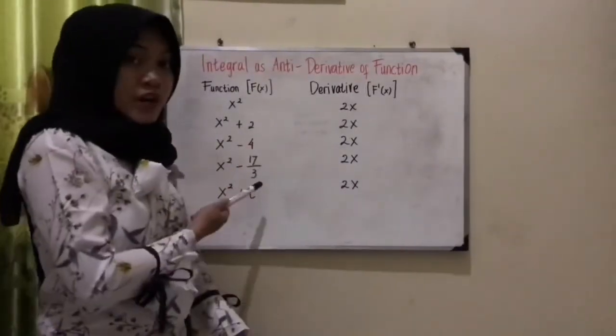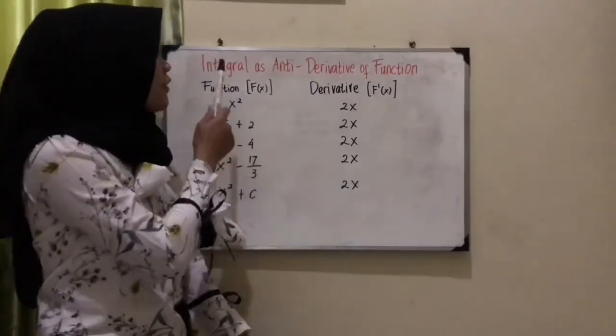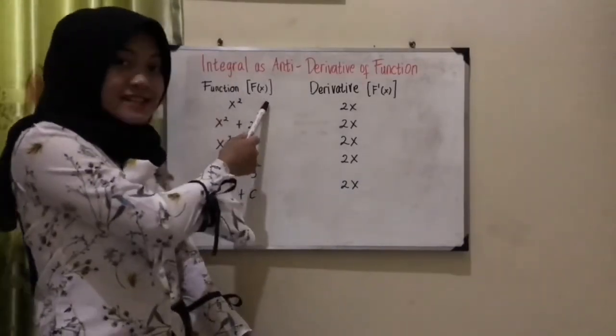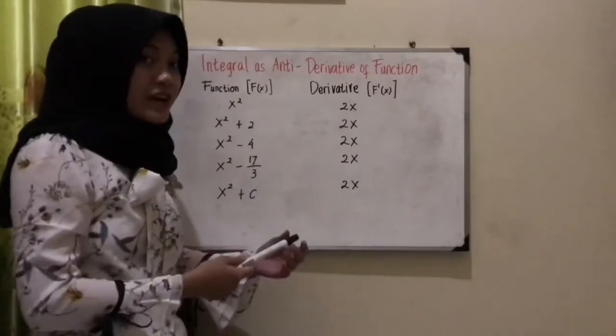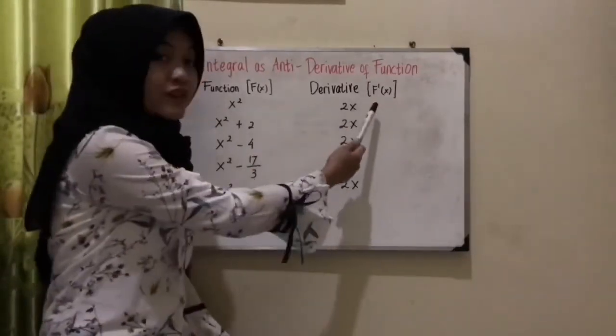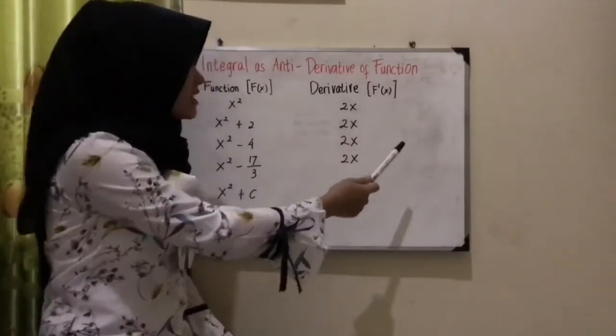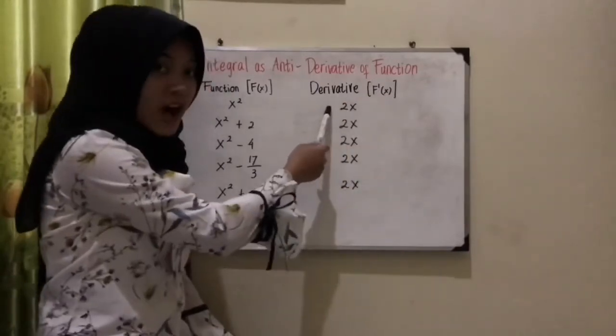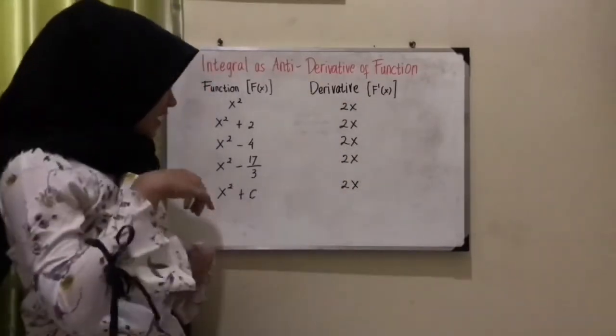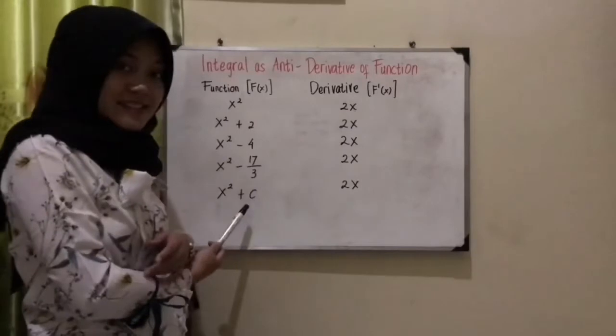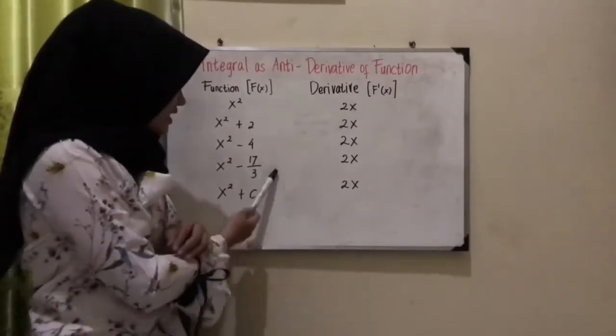If we observe, we can see that all the functions F(x) are antiderivatives of the function F'(x) equal to 2x,